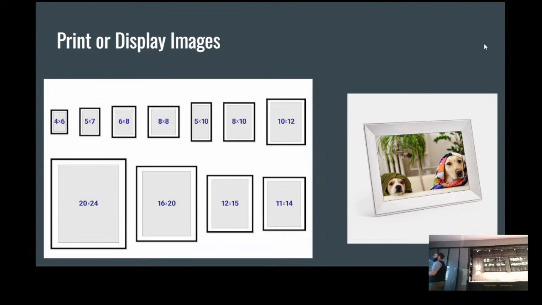In this case though, you have a 24, 16 to 20, 12 to 15, and 11 by 14. Those are going to be your larger prints, and not saying that you can't print them with a crop sensor camera, but it's probably going to be in your best interest to use a full frame. The reason being is that a full frame can expand bigger. It can also be cropped in more, which will help adjust any of the various things that we've talked about in the class today, but it will also